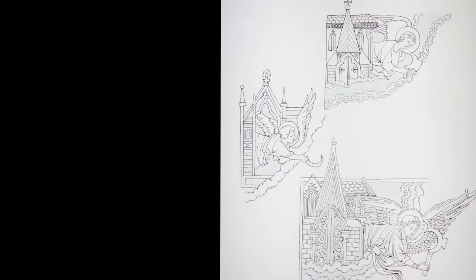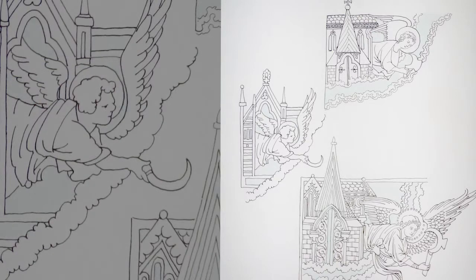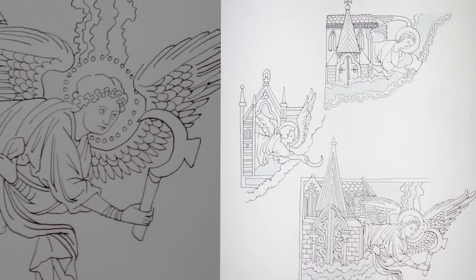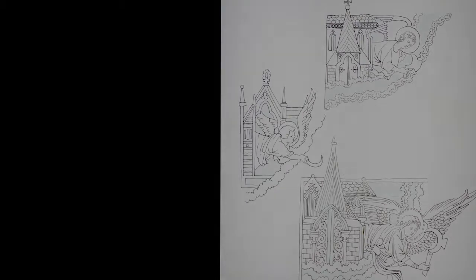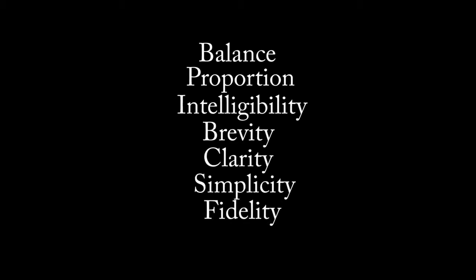Pictorial devices were handed down from generation to generation in the Middle Ages, and often we find analogical inventions used by several different artists in manuscripts of the Apocalypse with only slight variations. Originality, always delightful, was not essential to these works. The priorities of medieval art are balance, proportion, intelligibility, brevity, clarity, simplicity, fidelity, and beauty. Invention follows as a kind of coping strategy to integrate the elements of the story.